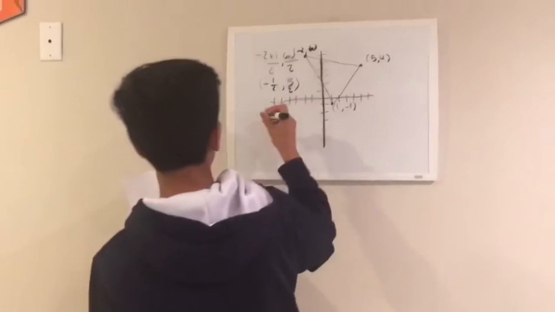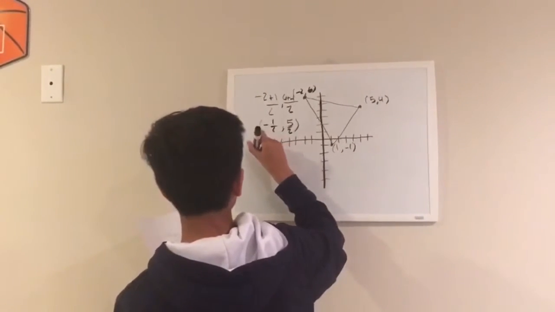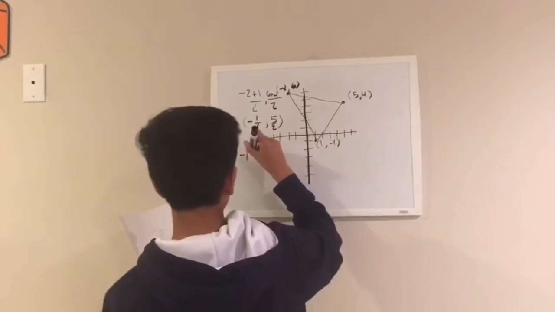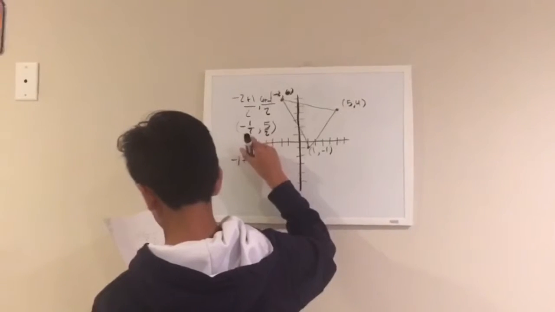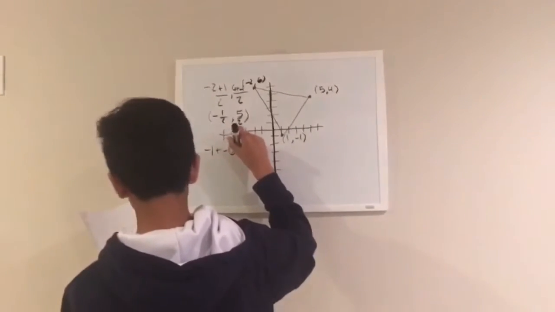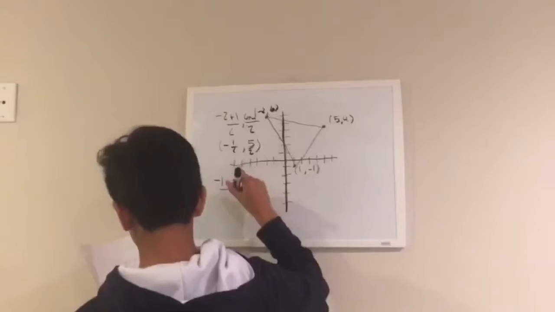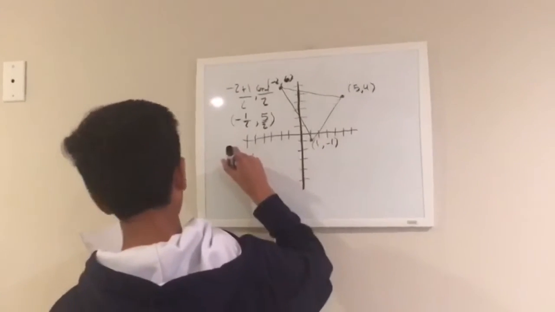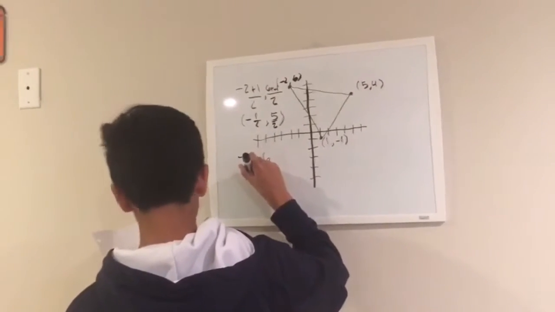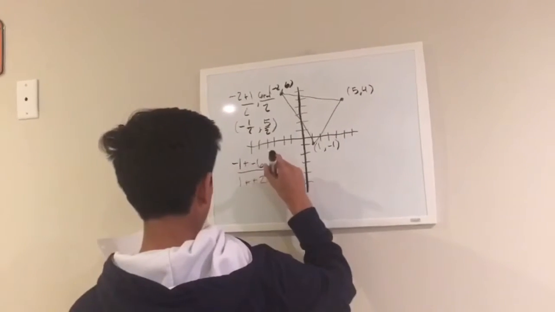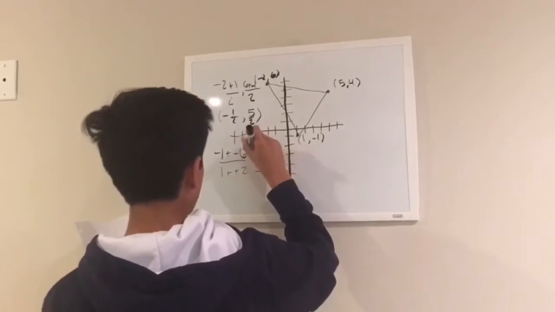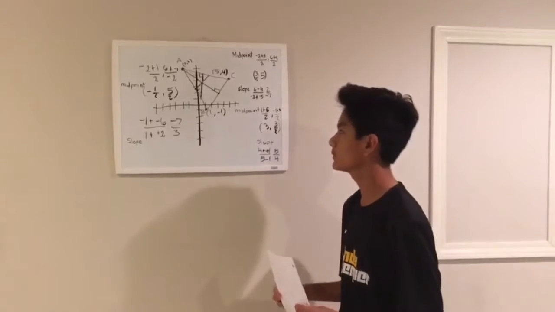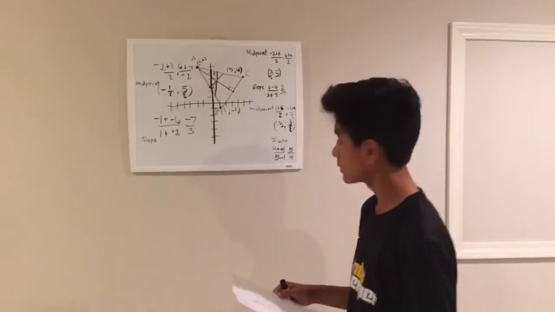So it would be -1 plus -6, and then 1 plus 2. So that would be 3, -7/3. Okay, so now that you found the slope and the midpoint of each segment, you're going to find the